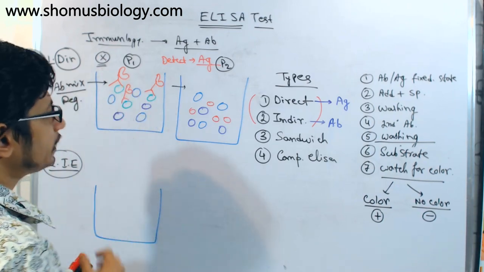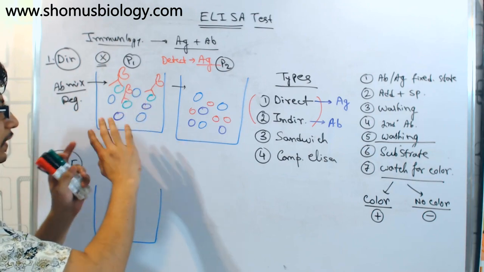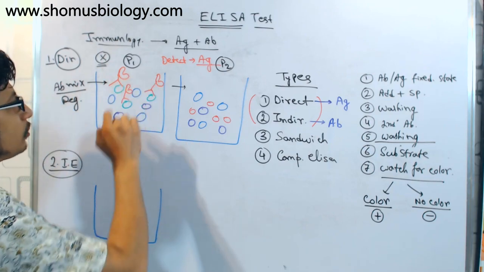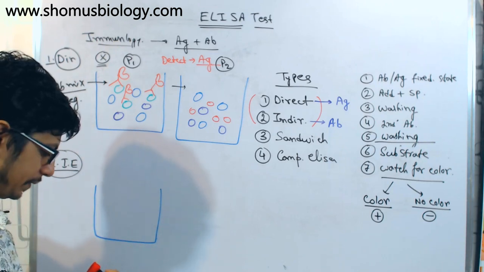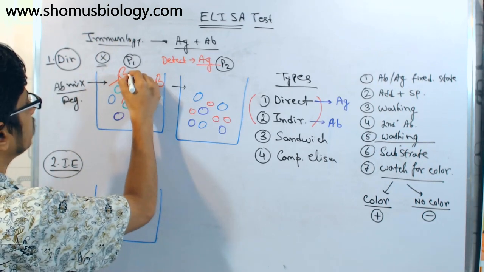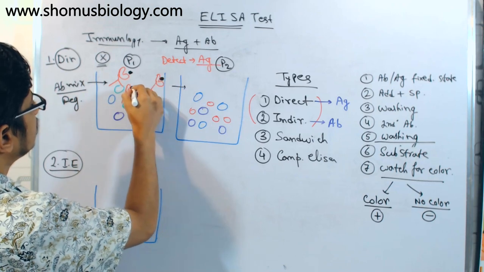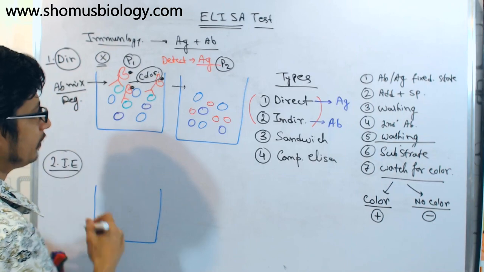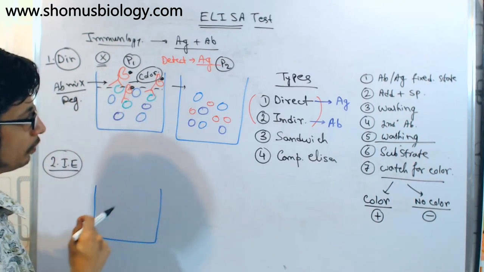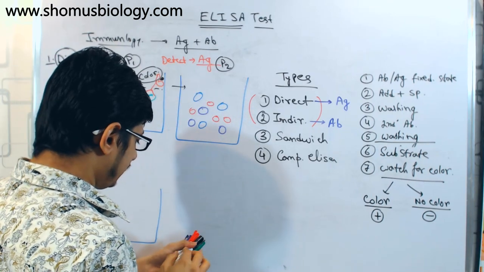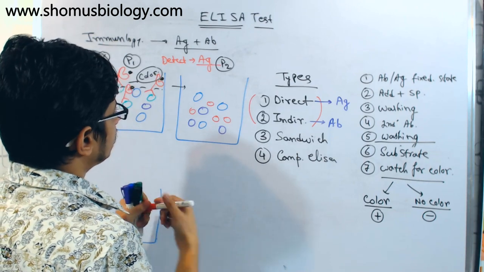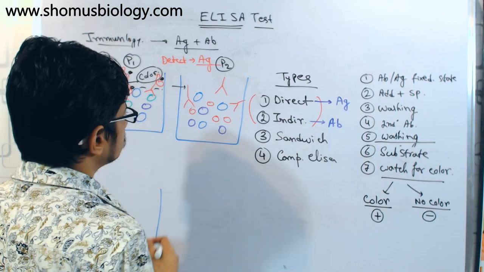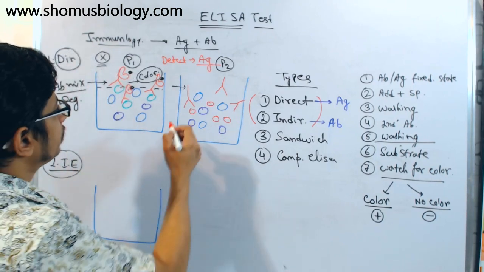Okay, why is it linked to the enzyme? Because this antibody specifically, in a targeted way, binds with the antigen, and the process is done. Why is the enzyme added? Because after that step is done, we add a substrate molecule. The substrate molecule is converted by the enzyme into a colored product. So this well gets colored. While in this one, we add the antibody, which is also linked with an enzyme.